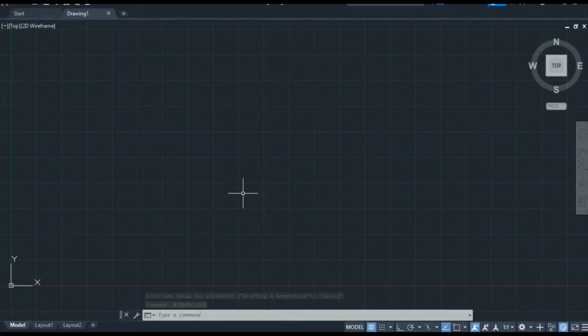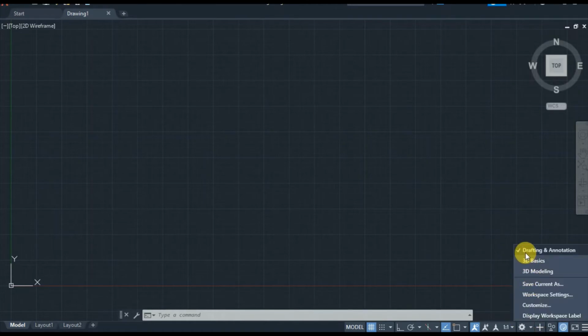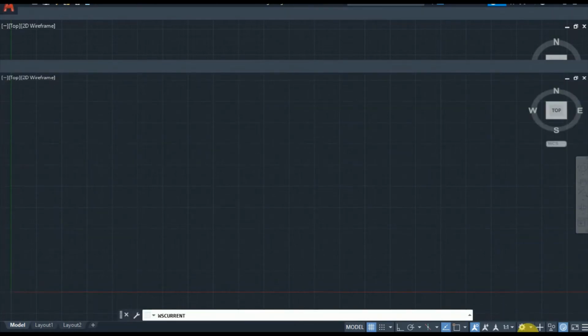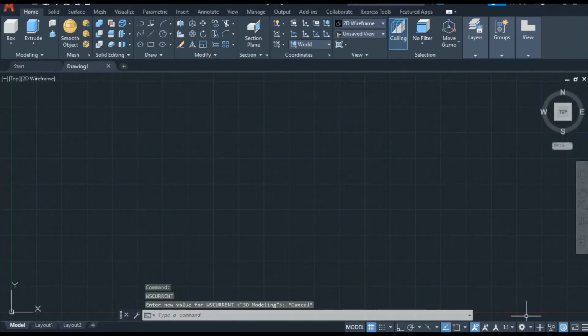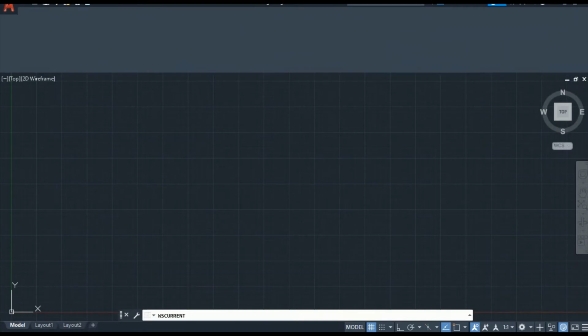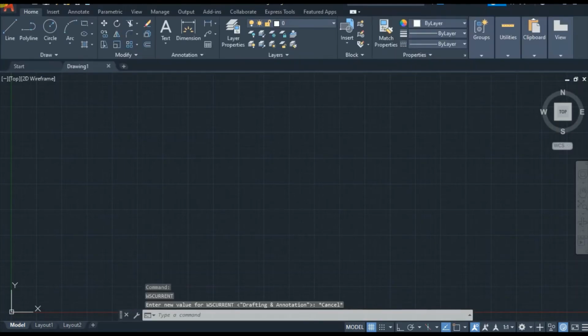To get them back, there are a lot of ways, but a simple way is to change the workspace. If we change the workspace from 2D to 3D, and again change from 3D to 2D, now you can see all tools are visible.